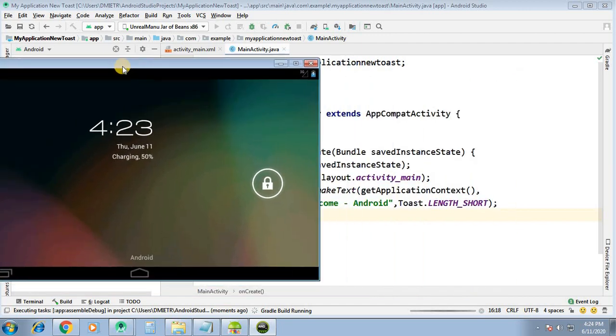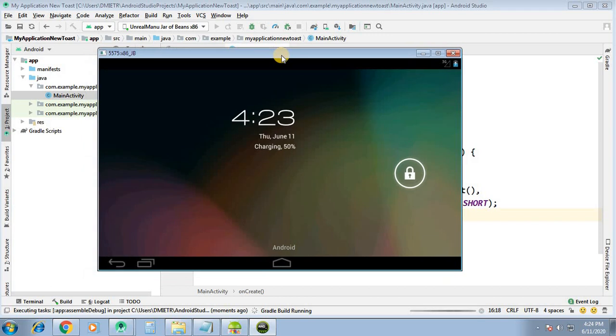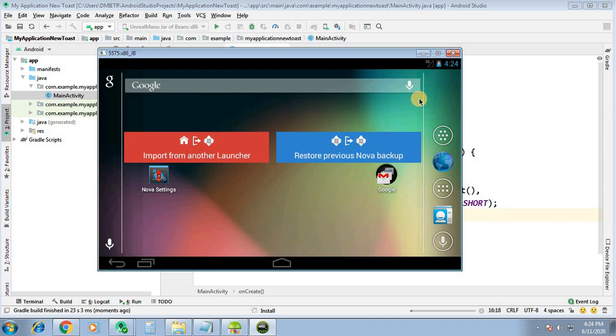The message will be Welcome Android, as we have defined in the string. It is installing now.